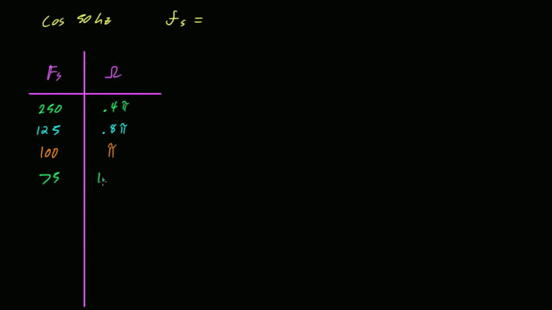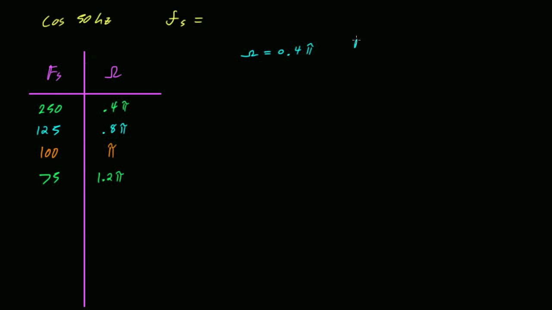Okay, now somewhere in here we've crossed the line from having enough samples to not having enough samples. All right. So let's play this game. Just by way of example, if I tell you that omega is 0.4 pi, and I tell you the sampling frequency is